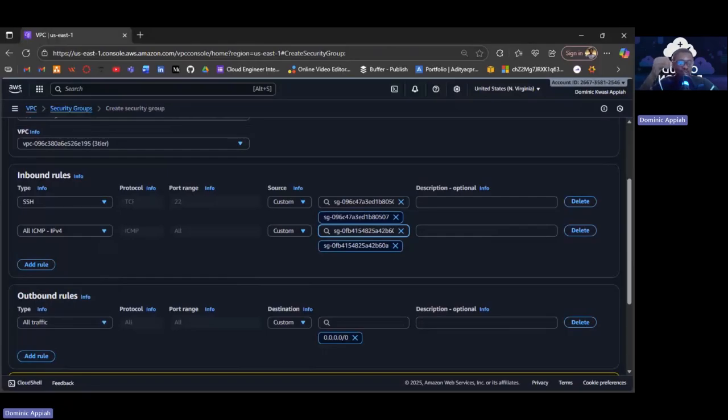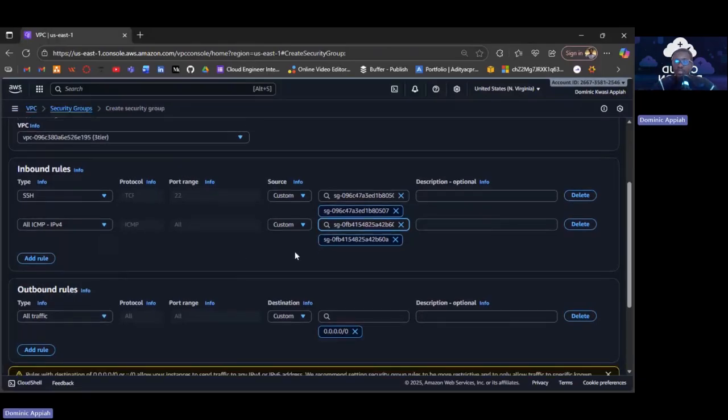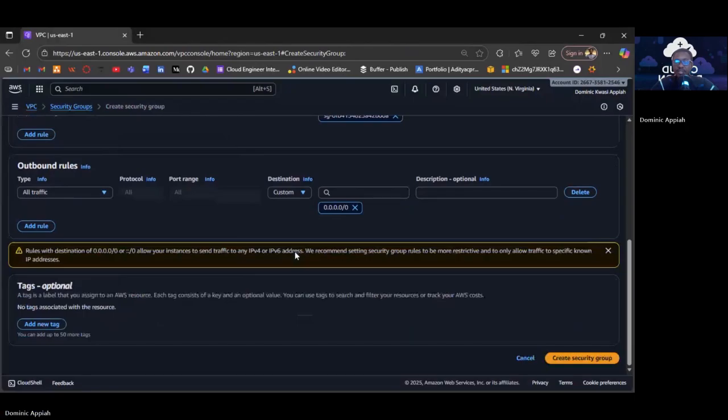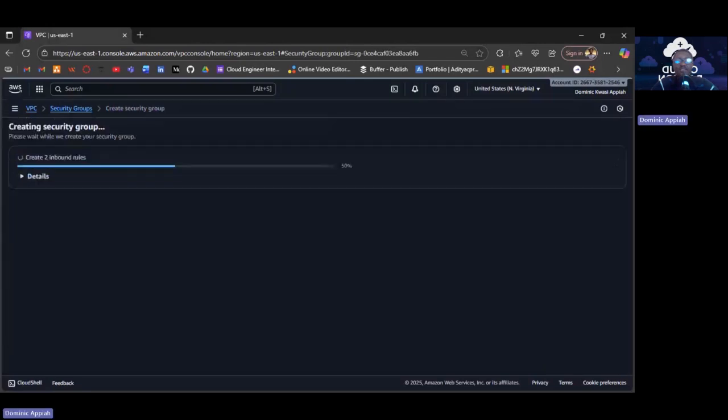So the bastion can communicate with your app server through SSH, and your web server can communicate with your app server through ICMP IPv4, right? So we are good to go. Let's create this then. And the last one, last but not the least,